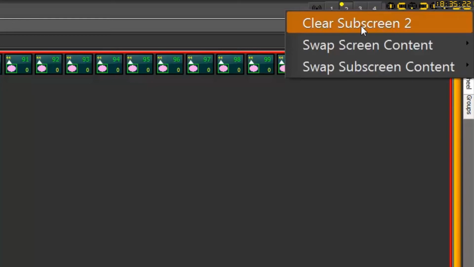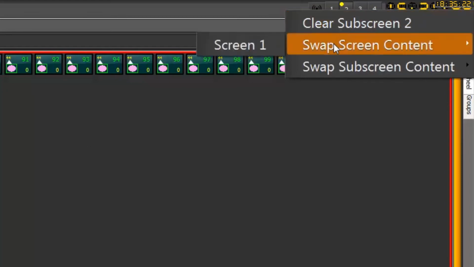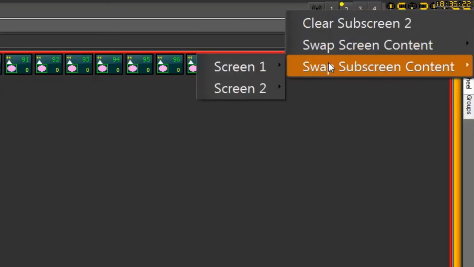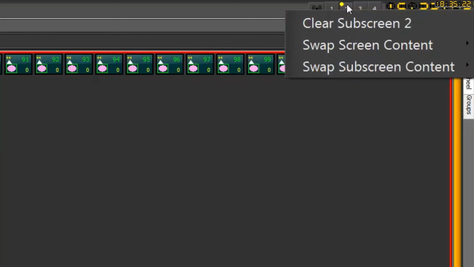I can clear the subscreen 2, which will just remove any content in this subscreen, so the 2 windows here would be removed. Or I can swap the screen content, so the screen is exactly the physical monitor where we are now, and I could swap it with another monitor. Or I could swap the subscreen content, which means this subscreen 2 here,